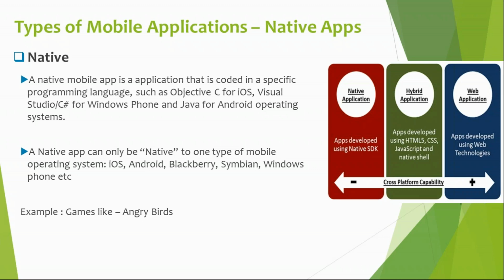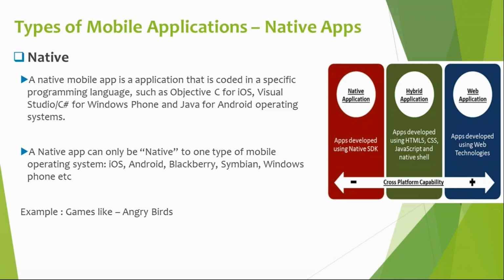So all applications which don't require internet connectivity, which are working with your pure native operating system. Suppose you're using an Android device, your application will interact only with your Android operating system. Or if you're using an iOS device, when you open the camera in iPhone 5, it will interact only with the iOS software installed in your mobile device. It doesn't require any internet connection. All the offline applications are called native applications. Clear, guys?